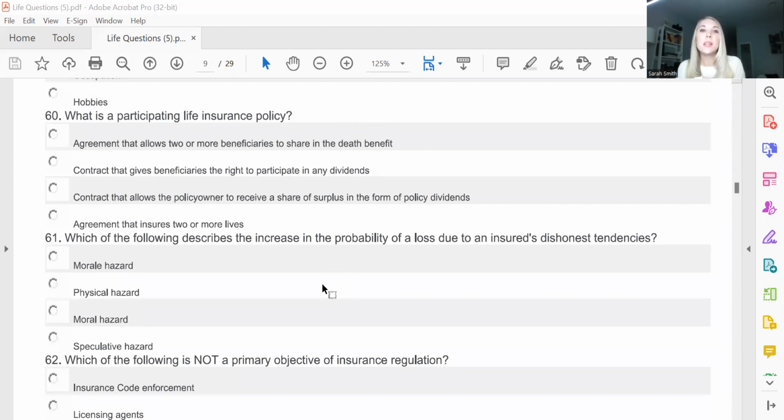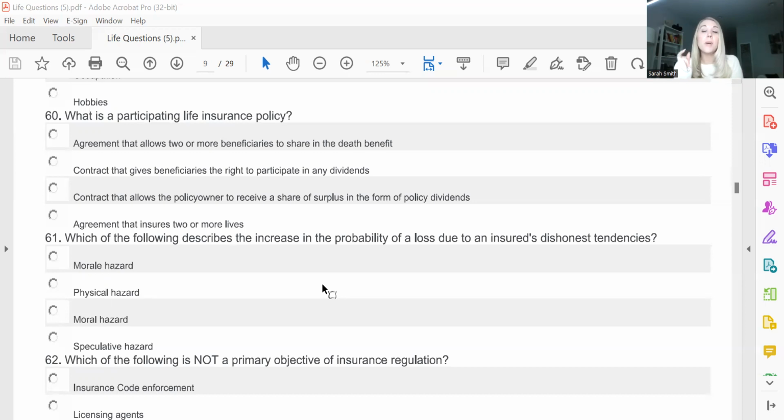What is a participating life insurance policy? I kind of went through this in the last video. I drew out a little diagram. When you have a participating policy and you are entitled to your share of divisible surplus, I drew out an entire diagram. So if you haven't seen part 2, go to part 2 for that. But the answer to this, what is a participating life insurance policy? That's going to be